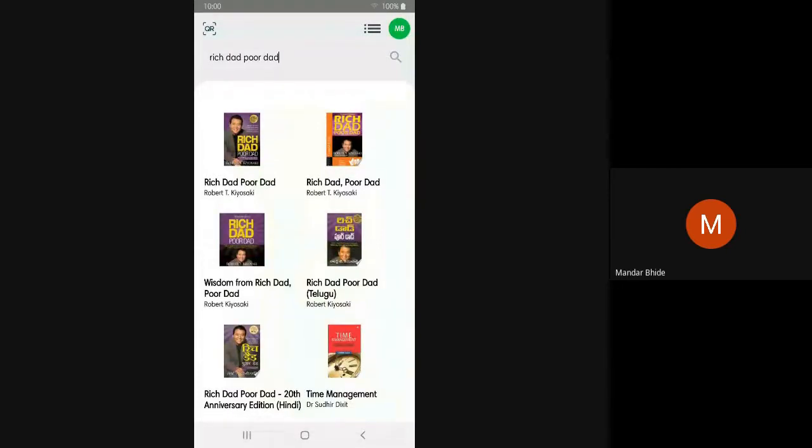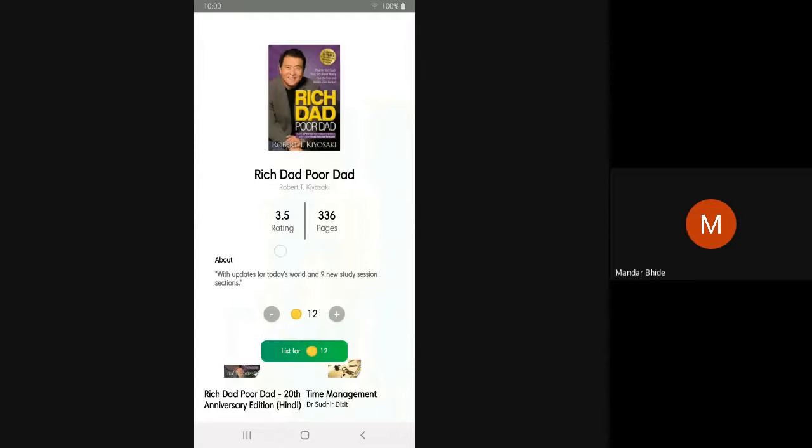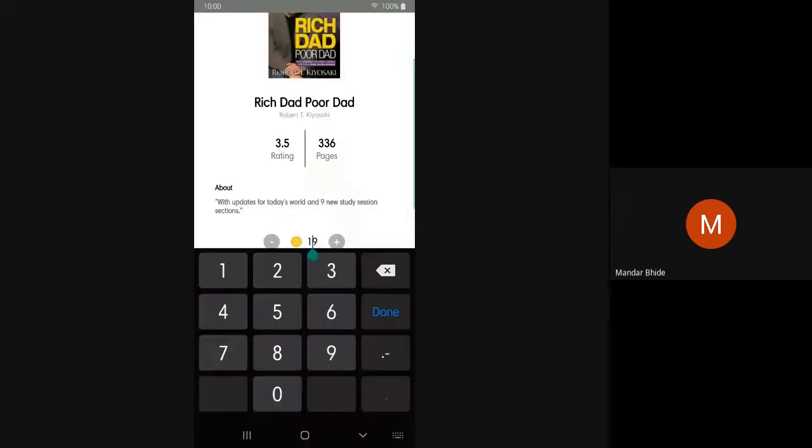And now if we tap on one of the results, we can see that there is certain information about the book. There is this button that we can use to change the price. And if we want to add some price on our own, we can do that too using the edit text.